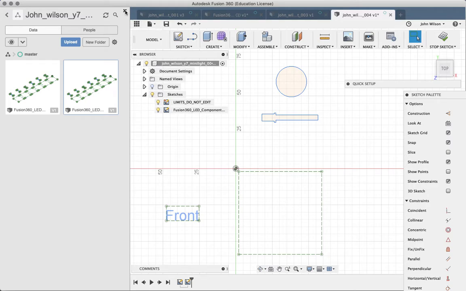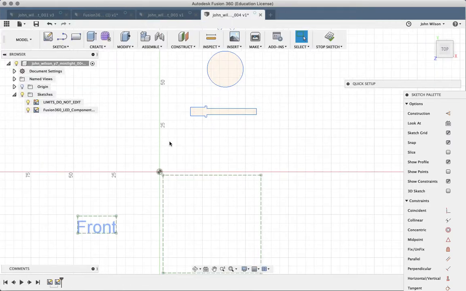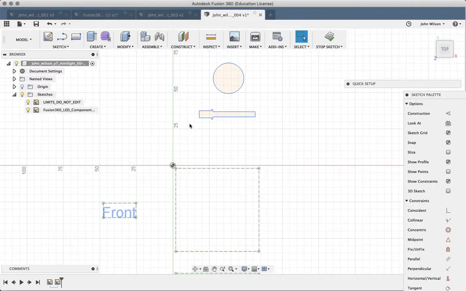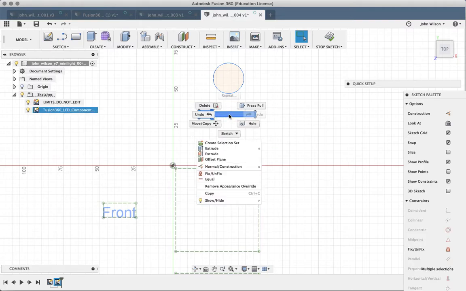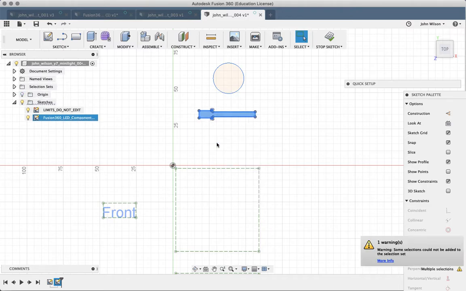We can probably close our data panel now and create ourselves a bit more space. And the first thing I would suggest you do is select around the LED and then right click and click where it says create selection set. Now when you do that, you're going to notice that in our browser menu alongside the sketches we're going to have a selection set. Okay, it's not there at the moment, but as soon as I do that, there we are. Now we've got a selection set